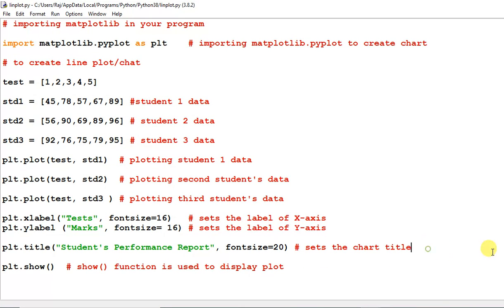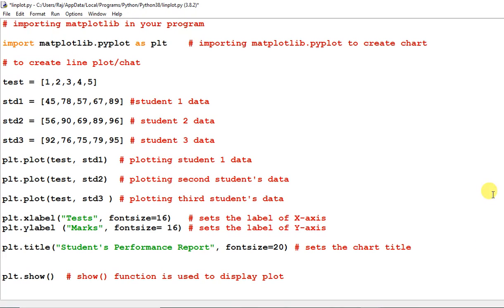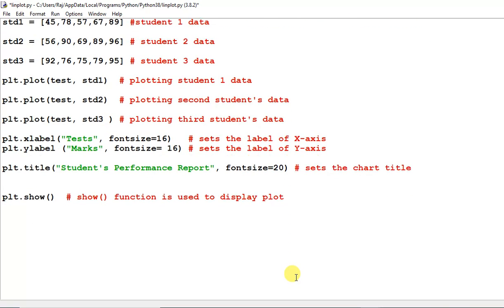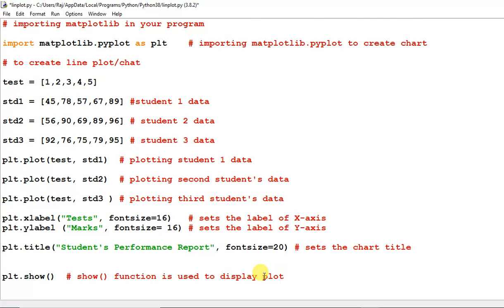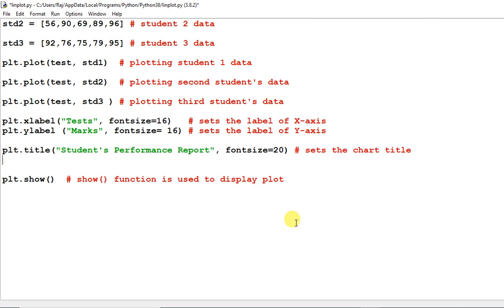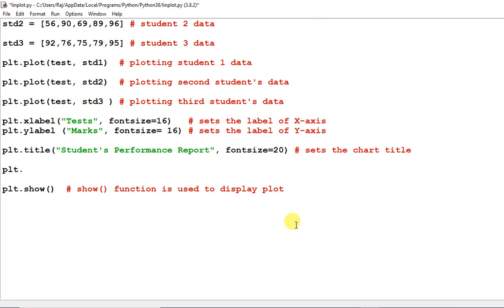Here the title we have discussed. Now we will move to here: plt.legend. You can pass a list in this way.